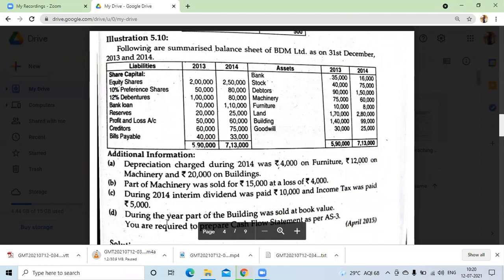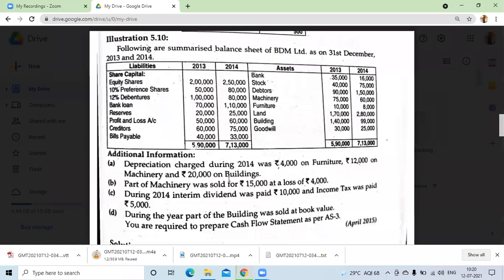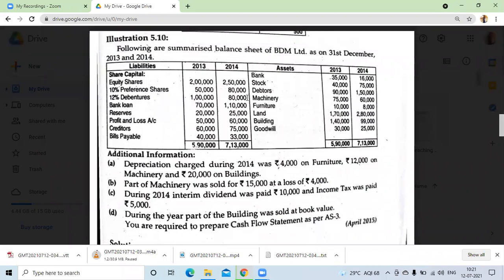Now building, can you check the first adjustment? Do you have 20,000 building depreciation? Yes, ma'am. So again, two adjustments on building, first and fourth. Please remember, if we were doing this physically, if we had that physical book, I would have asked you to tick: if you have an adjustment on machinery, then go in the balance sheet, tick machinery, 1 and 2. If you have an adjustment on building, 1 and 4, I would have asked you to tick on the building and write down 1 and 4.